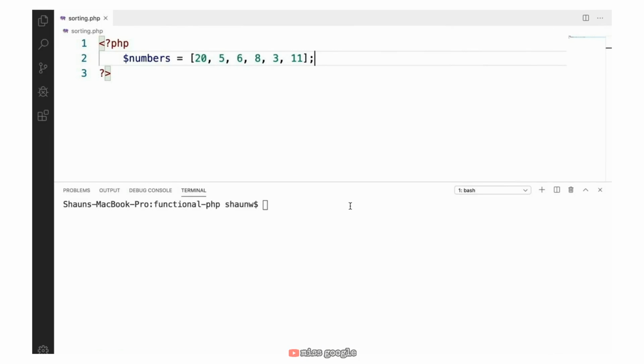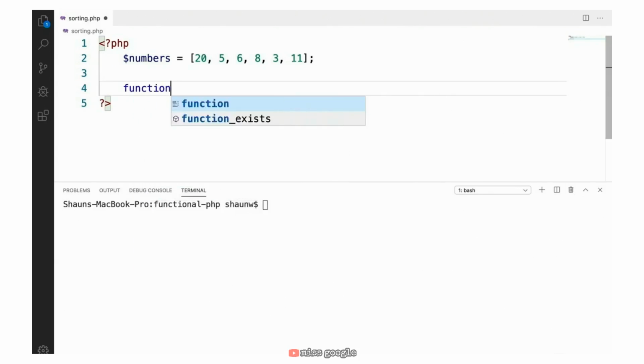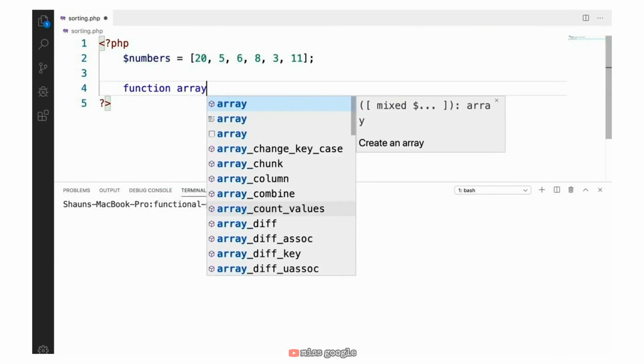And since one of the core concepts of functional programming is immutability, we really want to avoid this. So in order to use this function in the same way that we've used other built-in array functions, such as array map and array filter, without mutating the original array, I'm going to show you a little workaround that we can use. And what we're going to do is define a function, and we'll call it array sort, like array